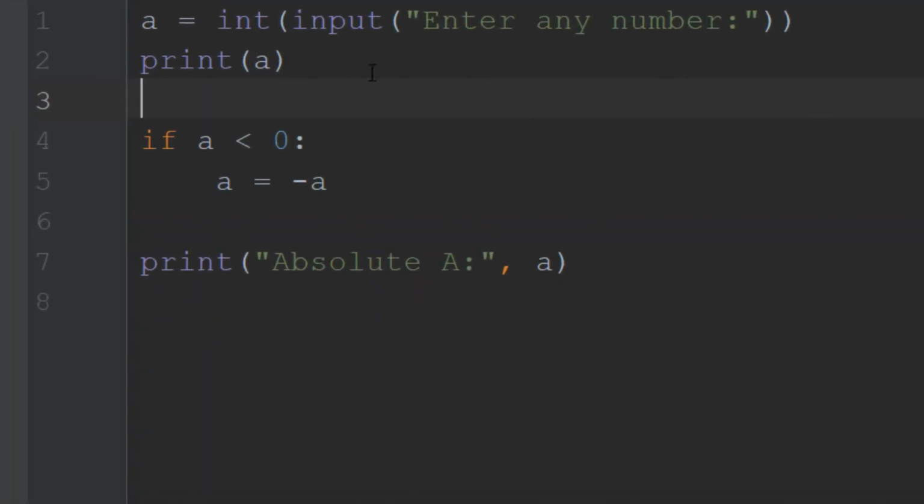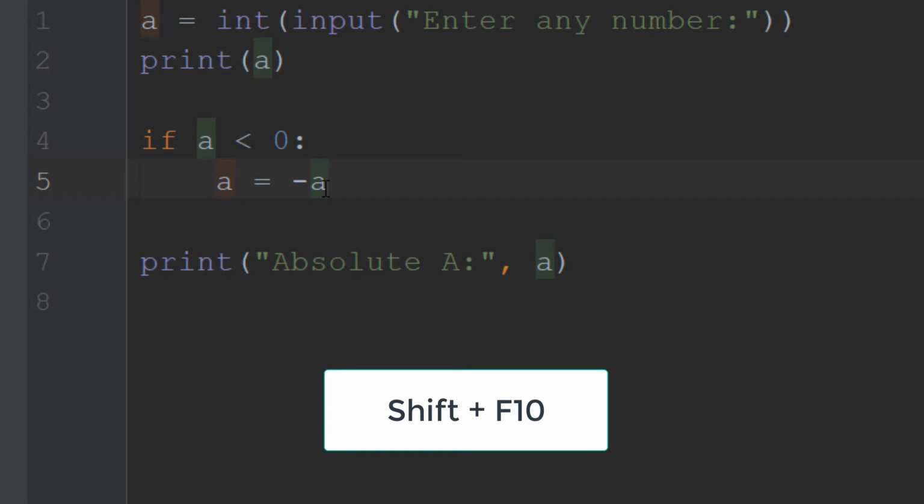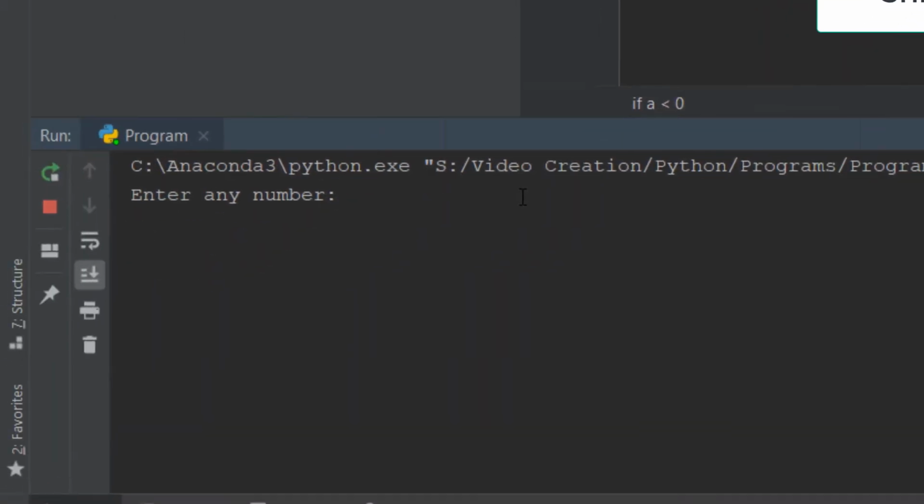In this we have first taken a number as an input. If the value of a is less than 0, meaning it is negative, then we will change its sign to positive, like this. Let's run this code by pressing Shift and F10. First let's enter the number 5.